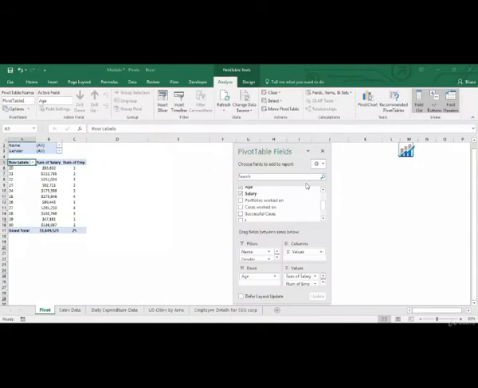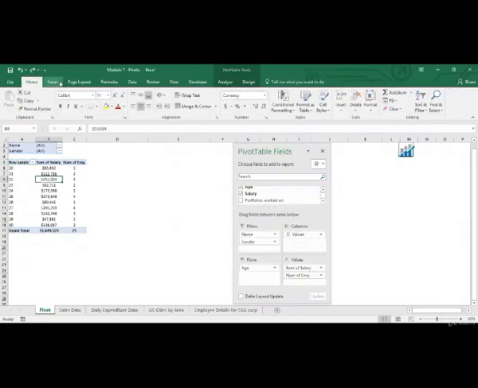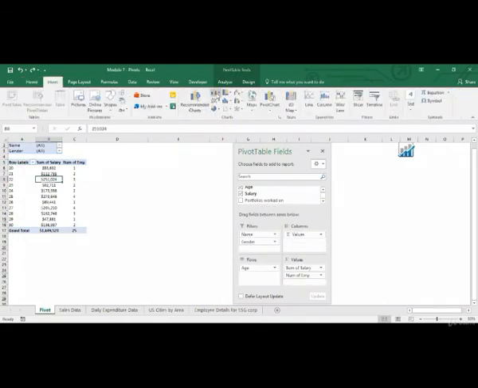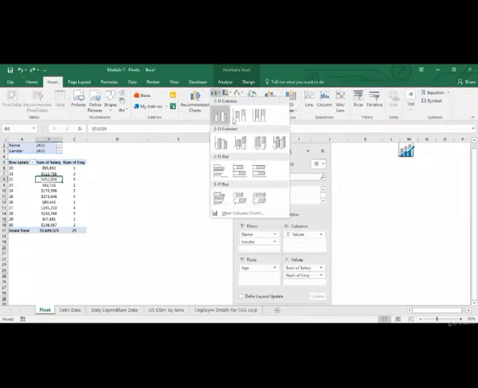Hi. In this session, we'll discuss pivot graphs and then we'll discuss some of the basic pivot table options. Now the pivot table graphs are no different to what we have looked at so far, but when we go through them, you'll see the advantage of a pivot table graph over a normal graph. So I've got the sum of salary over here and I've got the number of employees across age groups. Let's insert a chart. Let's say I want to insert a column chart.